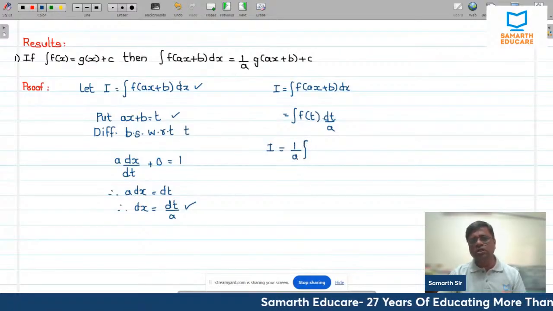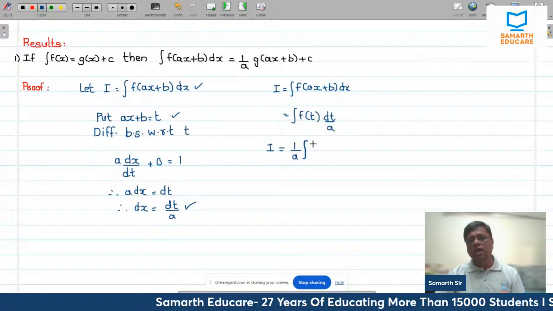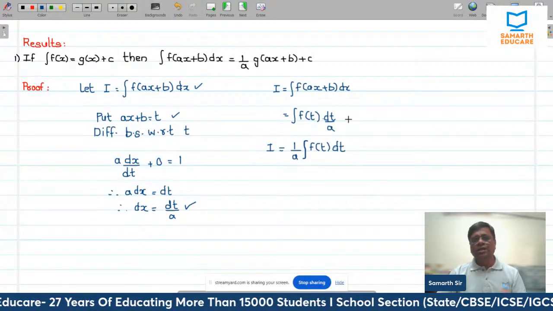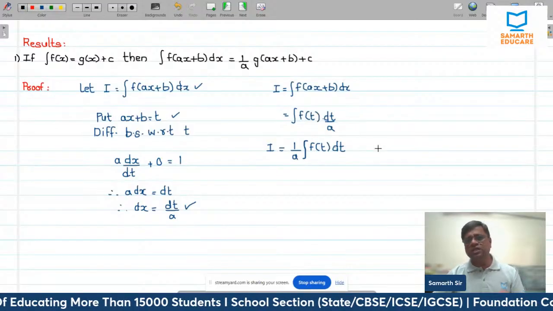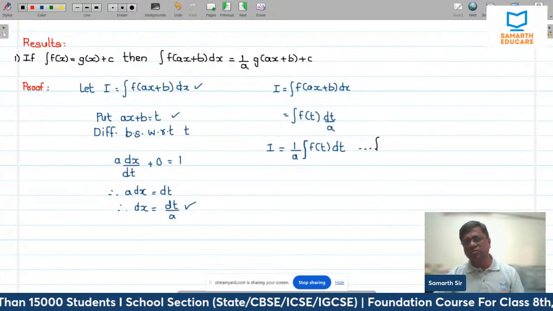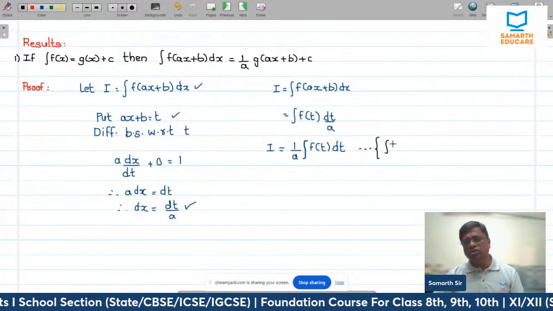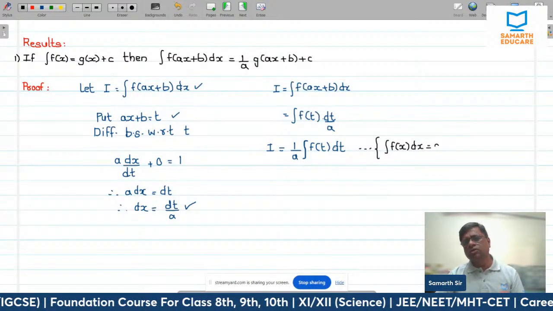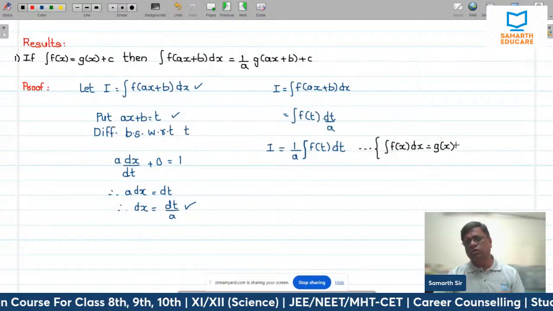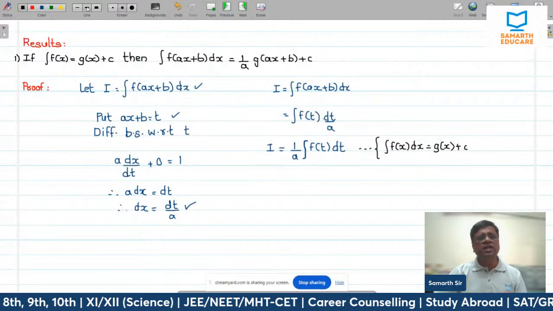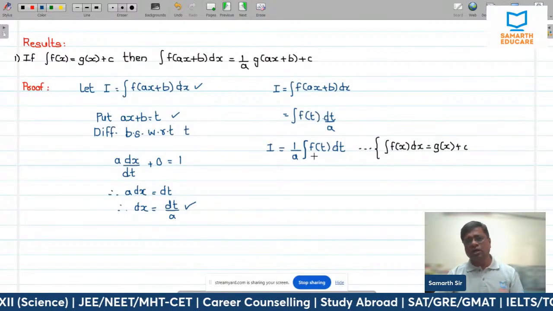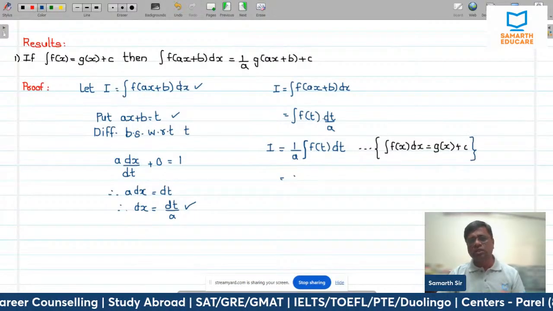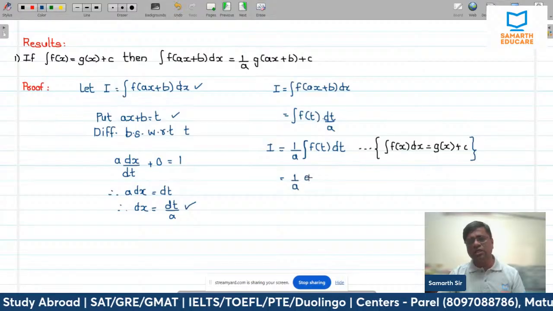We take the constant term outside the integration sign and we have f of t dt. Now my theorem already says that integration of f of x dx is equal to g of x. So when we are integrating with respect to x, it is g of x. Now when we are integrating with respect to t, that will be equal to 1 upon a g of t